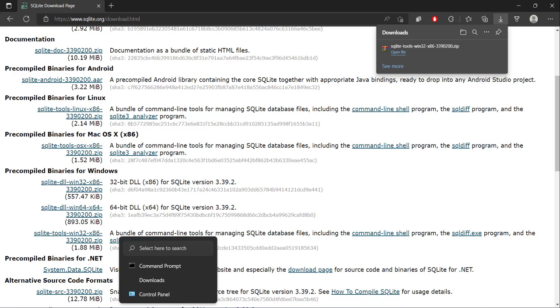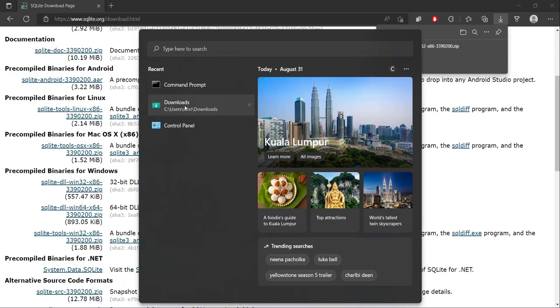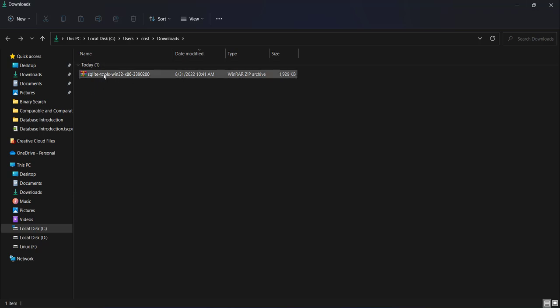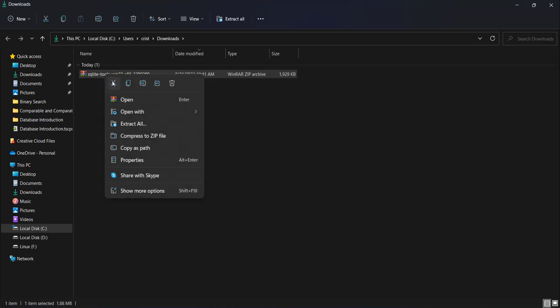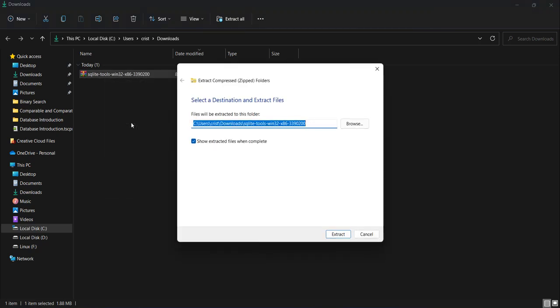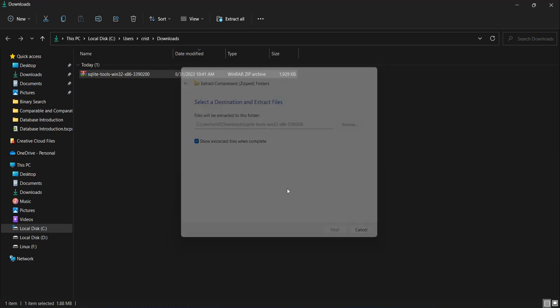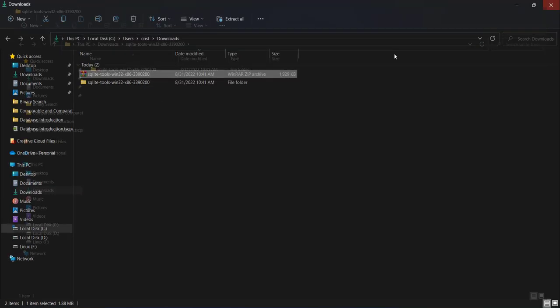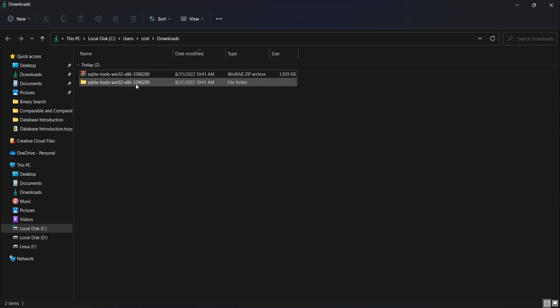Now I'm going to go inside our downloads folder. Here we're going to extract this file. You can extract it wherever you want, but I'm going to extract it here, and it opened the folder for us. And if it didn't open, just double click on it, because you're going to copy that folder